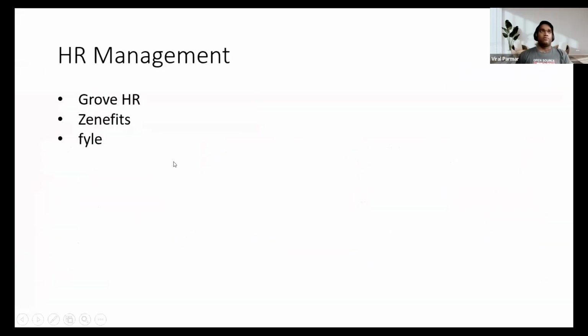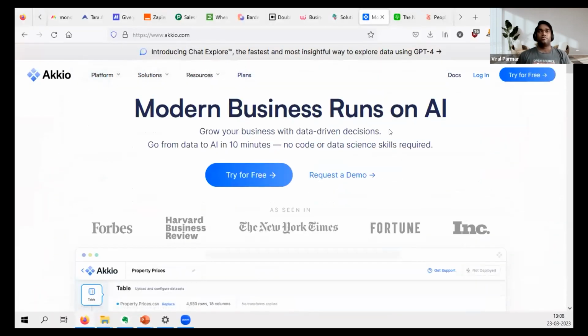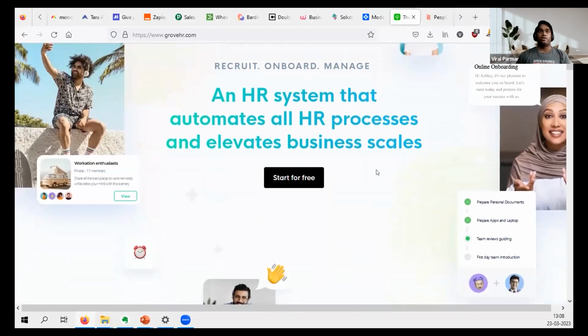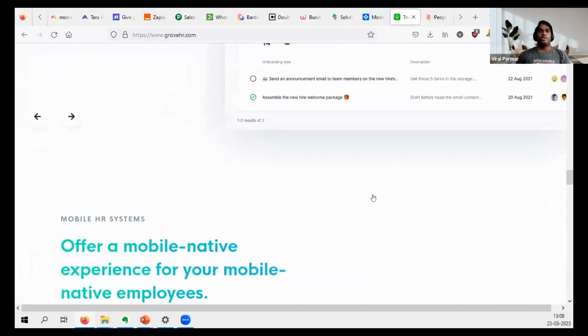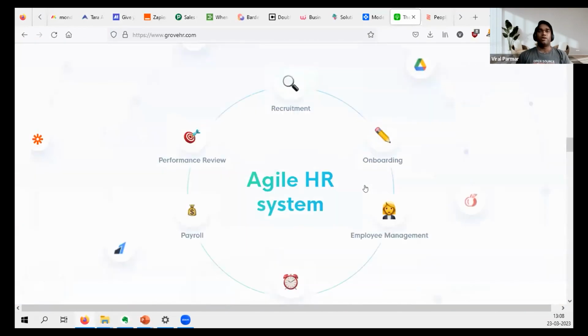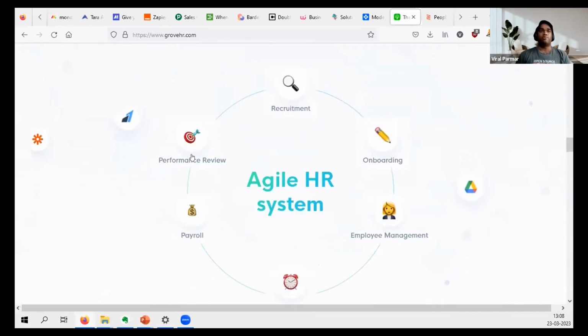So after work automation, let's talk about HR management. A lot of this already comes inside CRMs. But still, if you want to go for HR management individually, Brew HR is a good website. Again, I have read about it in a lot of blogs. It is quite famous these days. Brew HR is a very famous AI-enabled HR system where you can manage everything: employee management, time management, payroll, performance, recruitment, onboarding, everything is there.